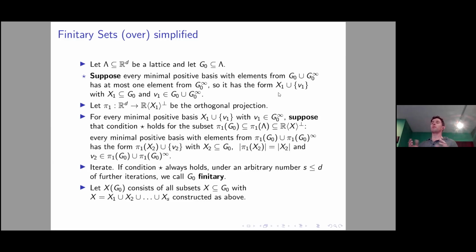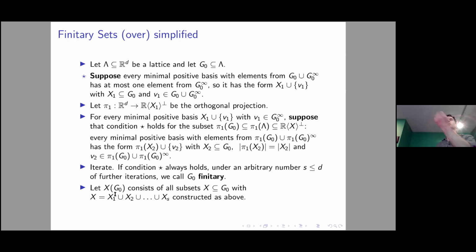And if we were being a bit more careful in defining this more precisely, these would correspond to higher order directions in which the set would escape to infinity. We can make this very precise, and then we can make this definition what it needs to be. But these sets X are basically those sets inside G0 which capture the negation of these infinite directions, not just the first order directions, but also second order.